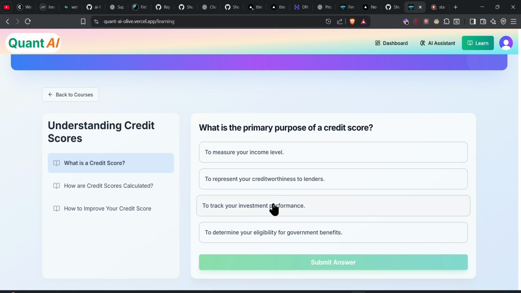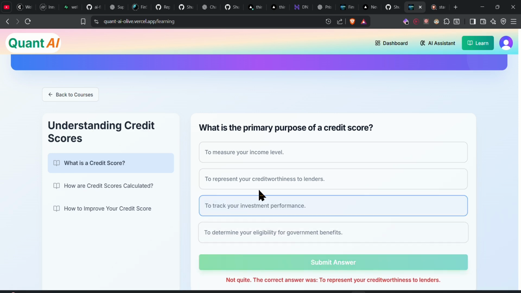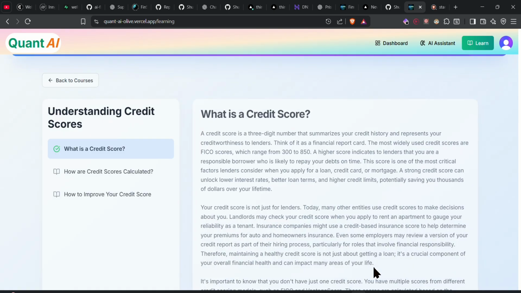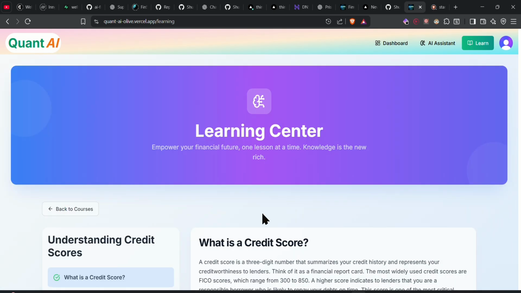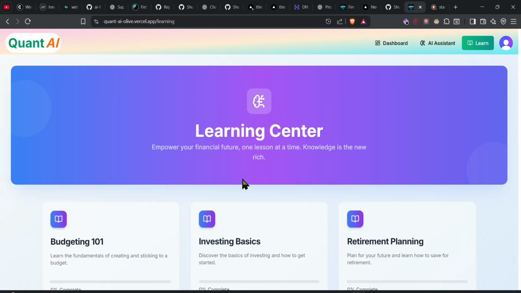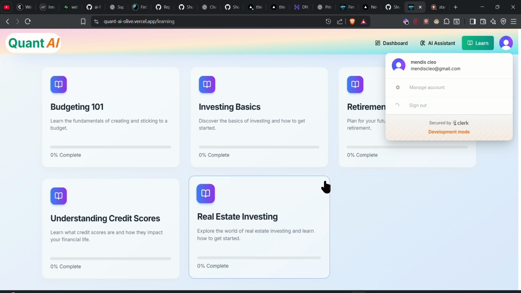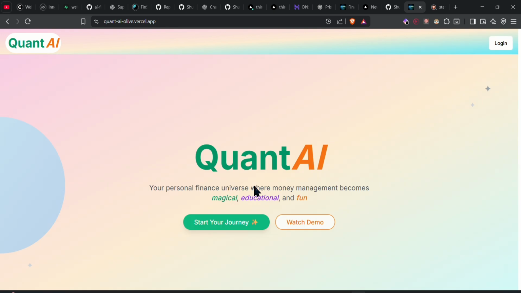Like if I want to track your investment performance, here I think it's a wrong answer. It will be completed and I will be shown a correct, well done answer, and it will go back to the learning center. You can go back to the courses here, and that's about my app. And you can also sign out here. Sign in and sign out is very easy for the user. So that's all from my side, and